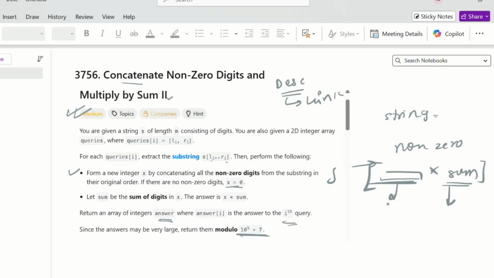That was yesterday's problem of the day. In this one, they have done a little tweak: they give us the string and also a 2D array of queries, and we first need to find the substring, and then apply the same operation we did yesterday.